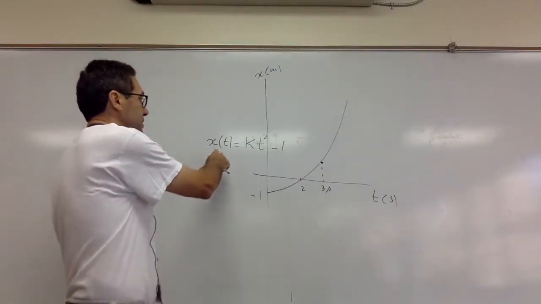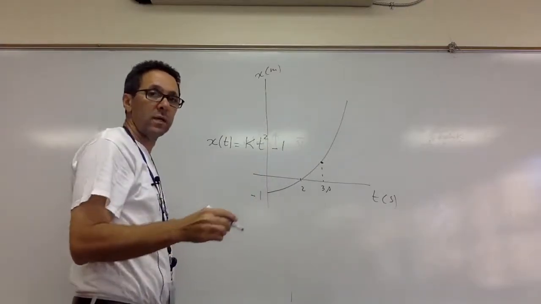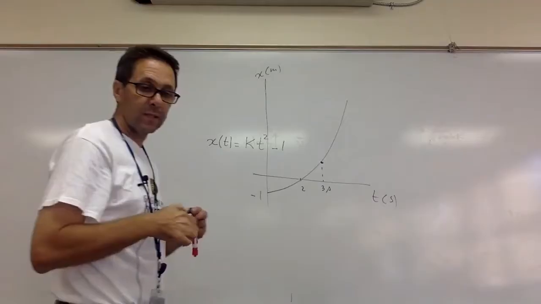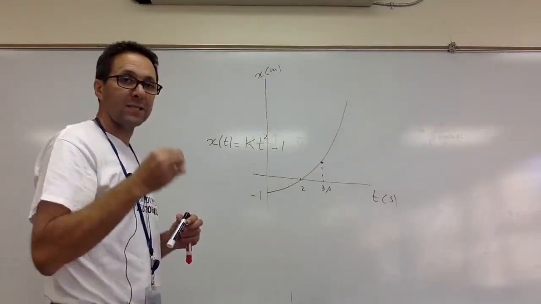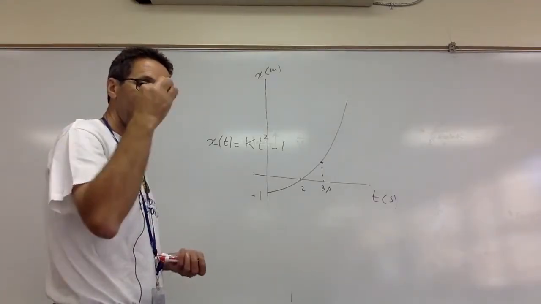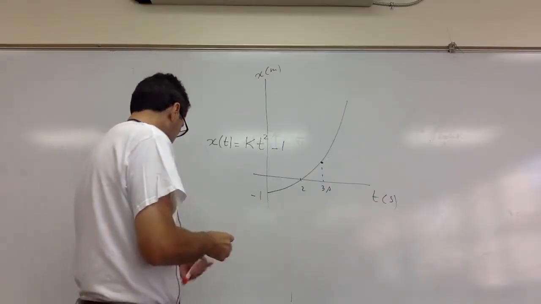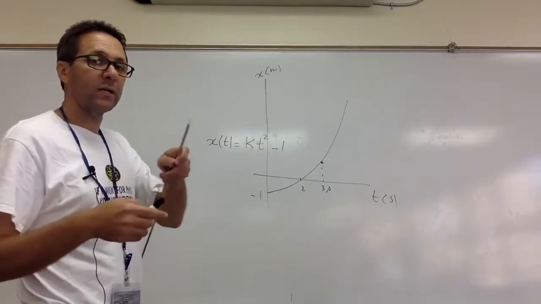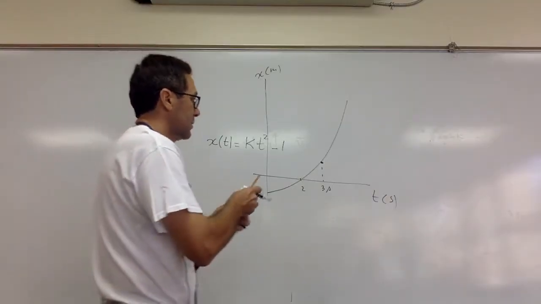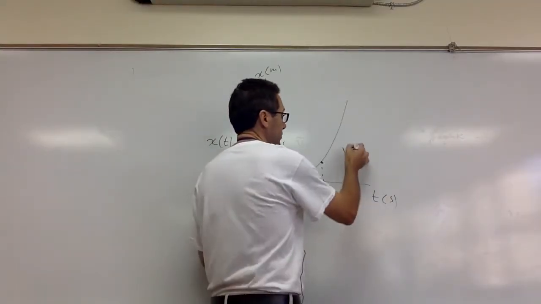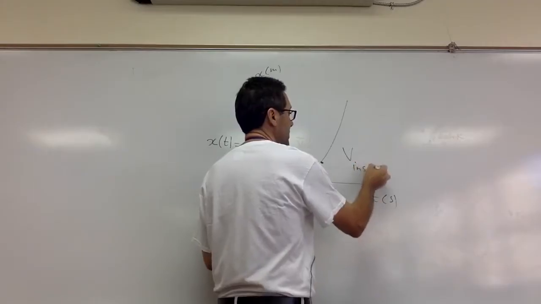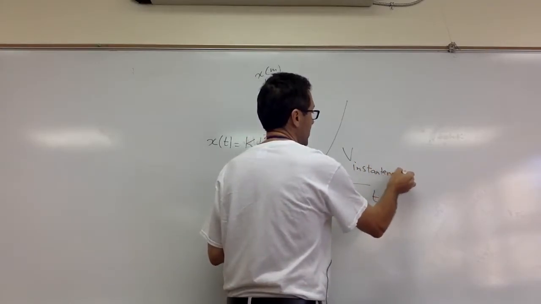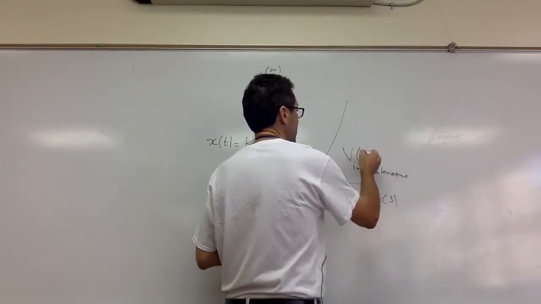In other words, you can find its position at any time. If I want to find the speed at 3 seconds, I'm looking at the instantaneous speed. I'm looking at the speed at exactly 3 seconds. So in order to do that, calculus is required, but I'm just going to give you an idea of how to do it without calculus. The speed at 3 seconds, which we call the instantaneous speed,